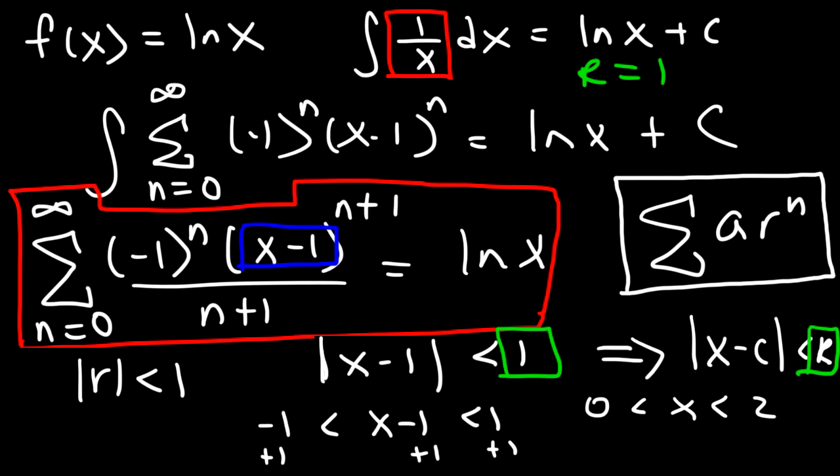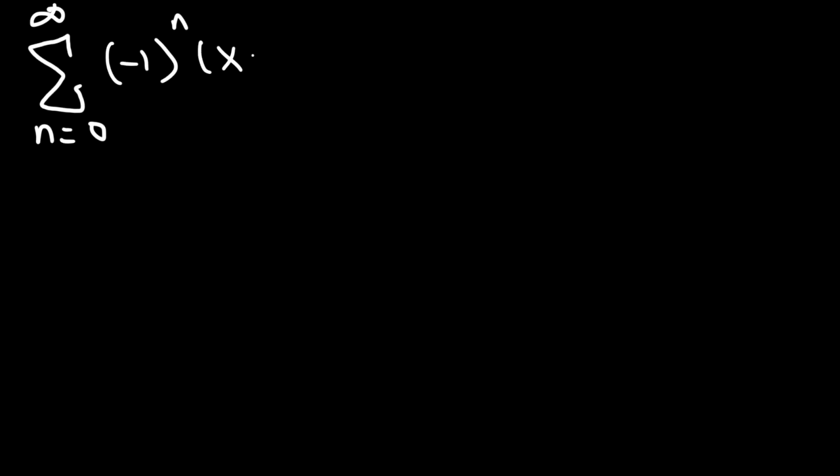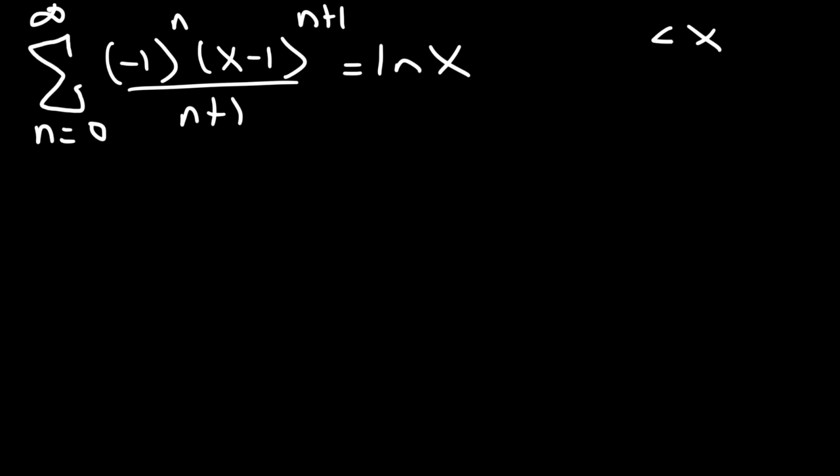Now we need to check the endpoints to find the interval of convergence. So let's start with this power series. I had to clear the board because there was just too much stuff on it. So let's start with 0. What we need to do is plug 0 into the series. So when x is 0,